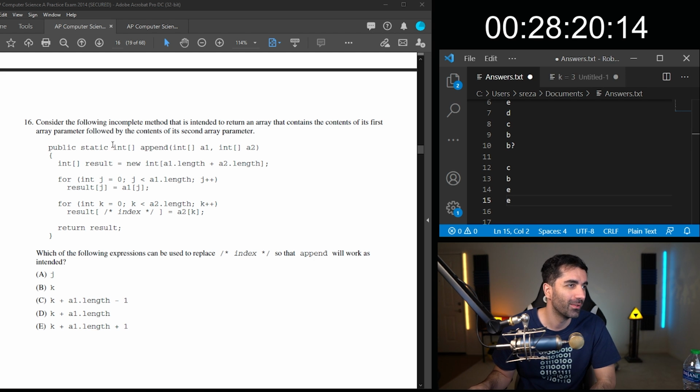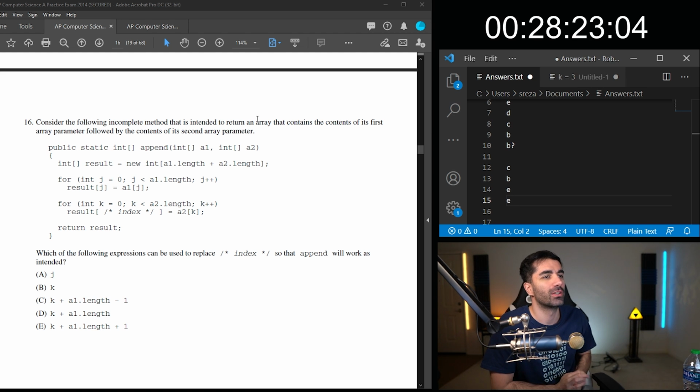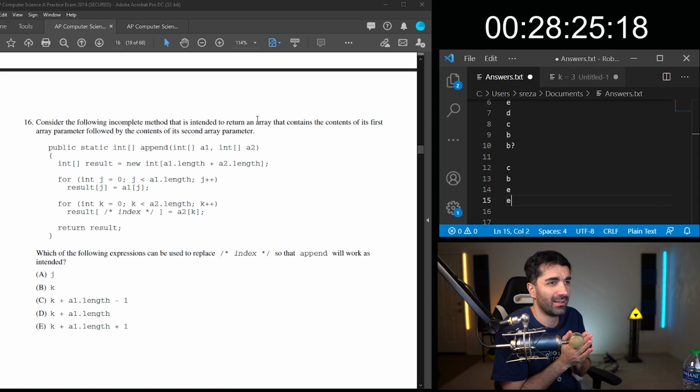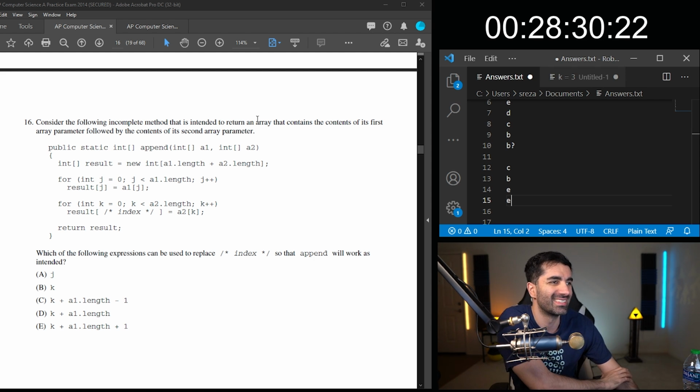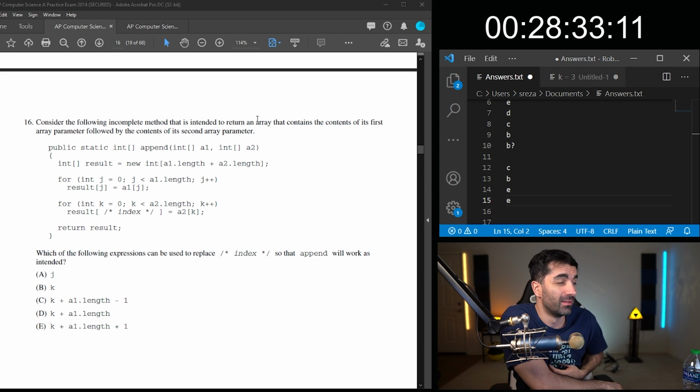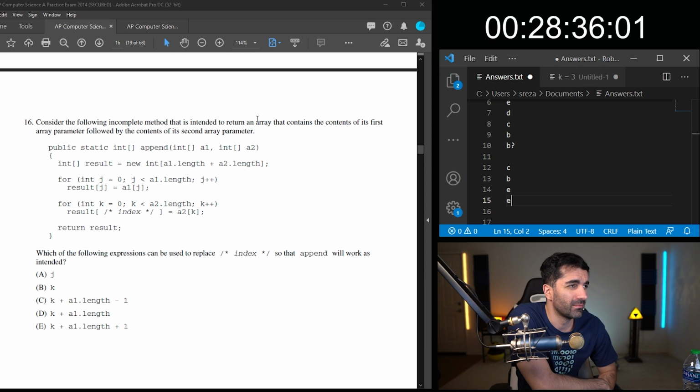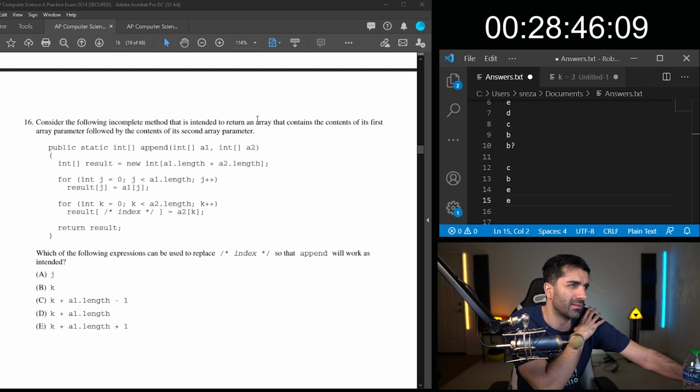Number 16, consider the following incomplete method that is intended to return an array that contains the contents of the first array parameter followed by the contents of its second array parameter. Which of the following expressions can be used to replace index so that append will work as intended? Hold on, let me read this again.